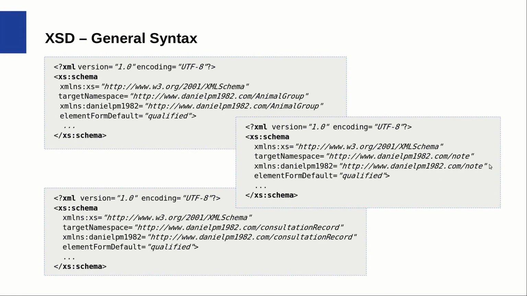And this custom namespace, which links to the target namespace, we set to any prefix, any custom prefix you want. In our case, DanielPM1982. And right below the elementFormDefault as qualified. It's always a good practice to set it as qualified, so you can make use of the namespaces and prefix